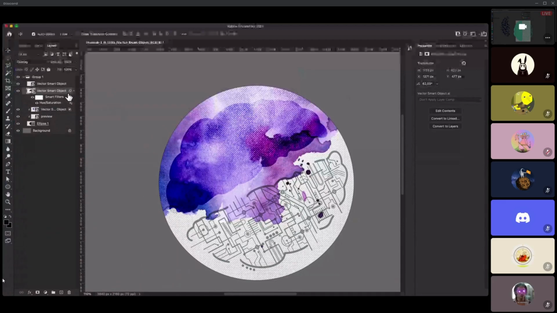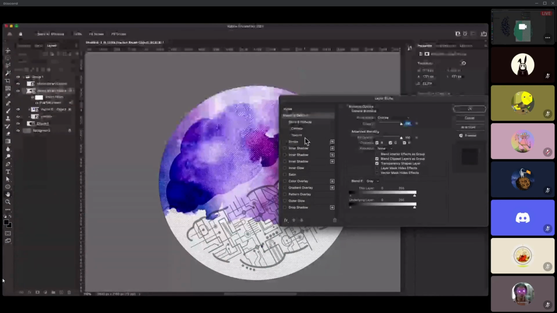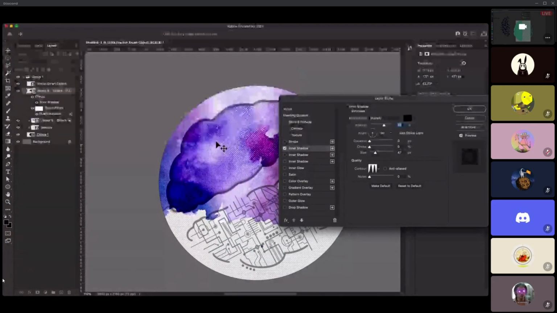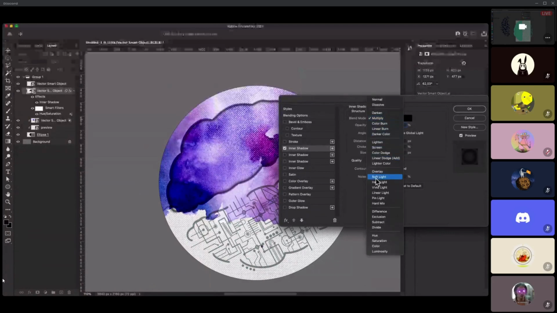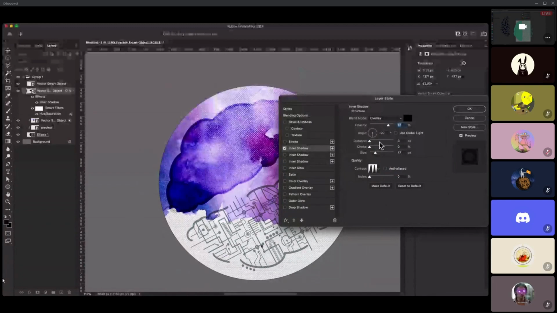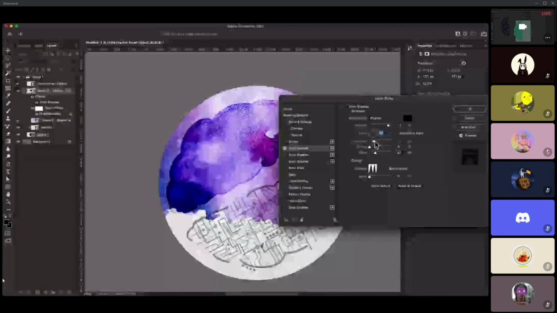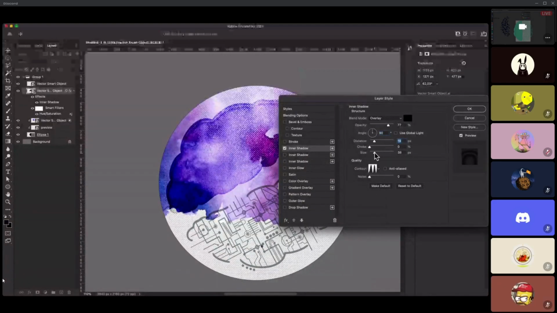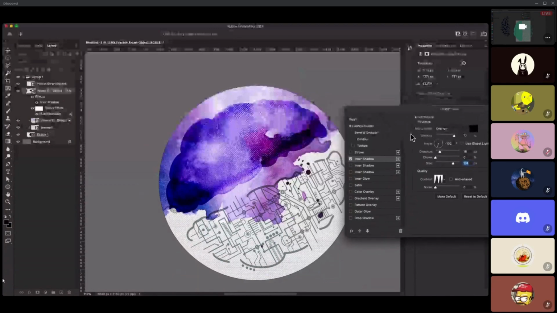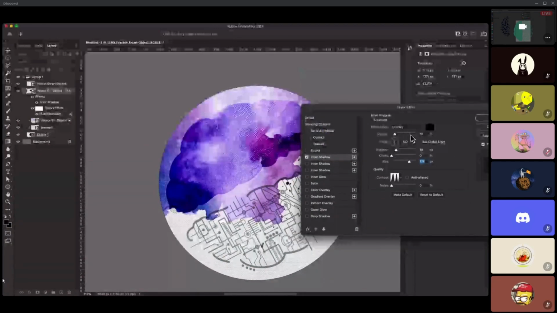For that, I'm just going to double click on the layer. I'm going to click on inner shadow. As you can see, it started to do something there. The blending mode here is multiply. I usually go on overlay and I increase the distance. This is the angle of light. So 90-degree means the light is falling from the top, which is exactly what we want. So we try to increase in such a way that there is a bit of depth. You can see that. We can increase or decrease the opacity to see what fits better.